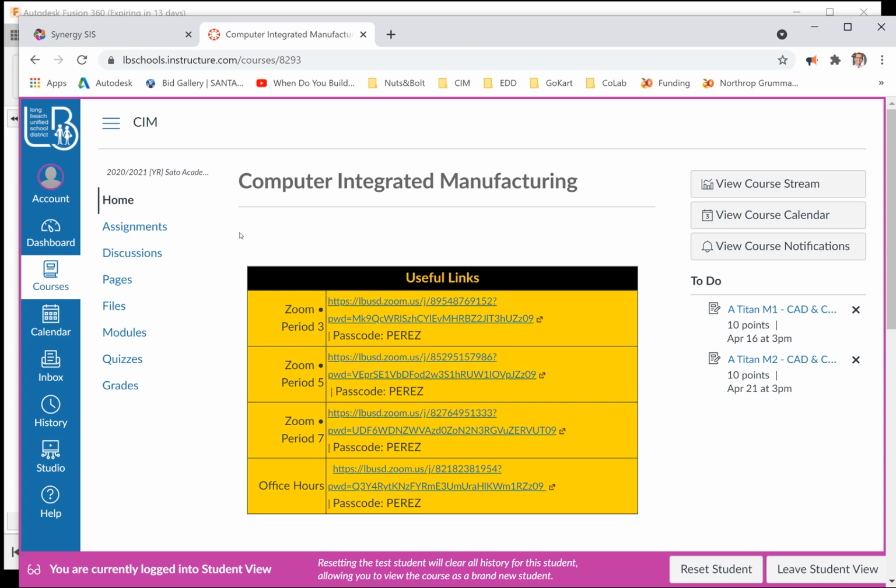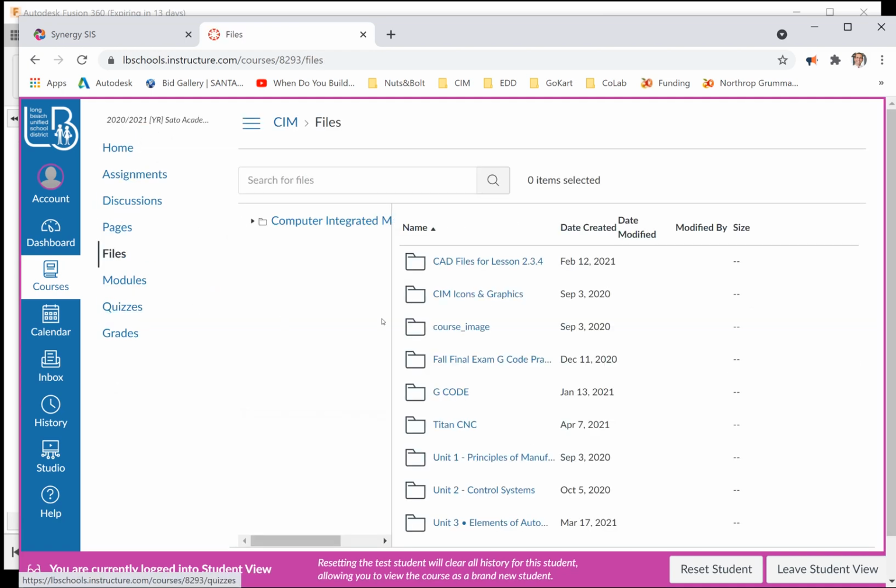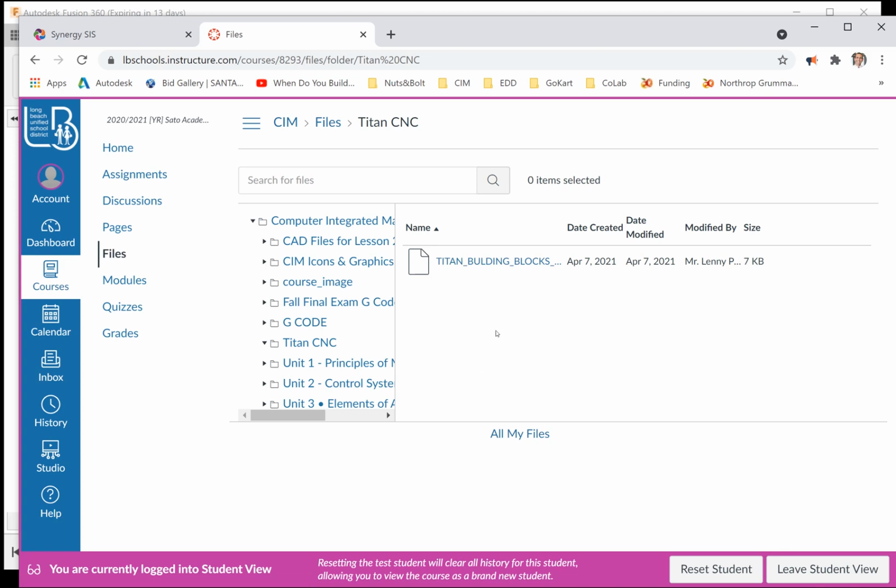You're going to begin by going to the class site. So once you're in Sim, go to where it says Files. Once you click on Files, you're going to notice a number of folders that are going to load on the right side of the screen. There's one that says Titan CNC, and if you click on that folder to open it,